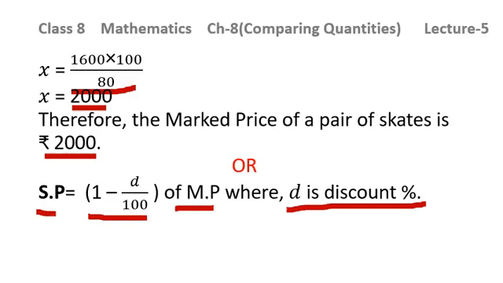Now in today's lecture, what have we learnt? First of all, we have revised the previous concepts. We have learnt about simple interest, compound interest, and we have learnt what is the difference between simple interest and compound interest, and we have seen it with the help of two examples. One, I told you the example of simple interest, and the next example I have given you is to calculate the compound interest. I hope using these two questions it will be clear to you what is the difference between simple interest and compound interest.